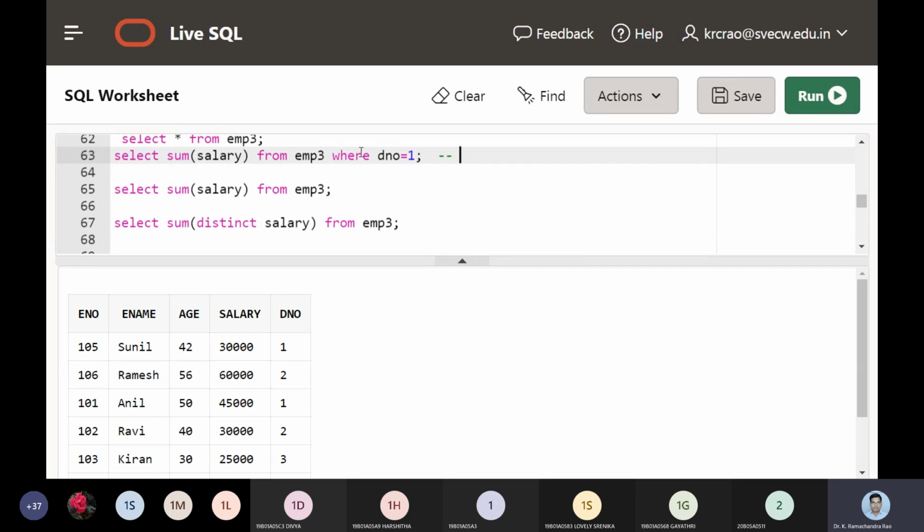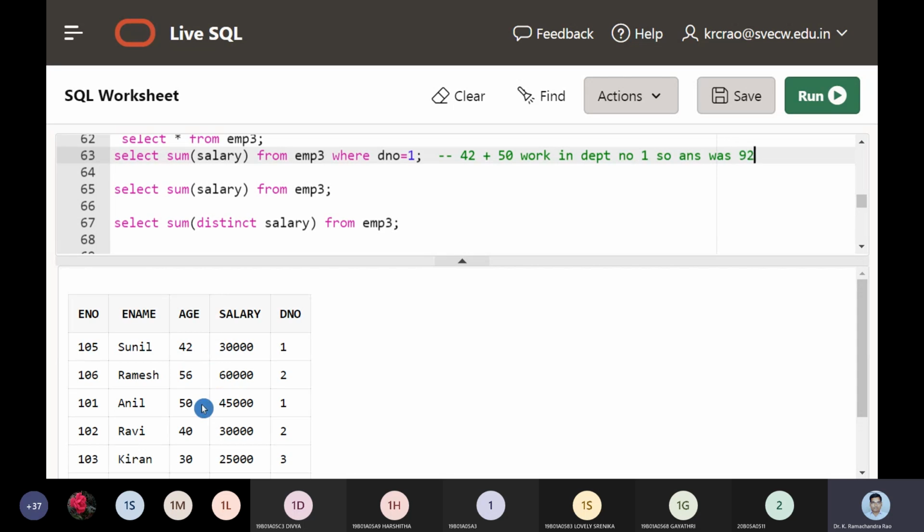Sum of salary of employees in employee 3 who work in department number 1. So in department number 1 Sunil works, and in department number 1 Anil works. So we should get 42 plus 50. These two work in department number 1. So the answer was 42 plus 50.